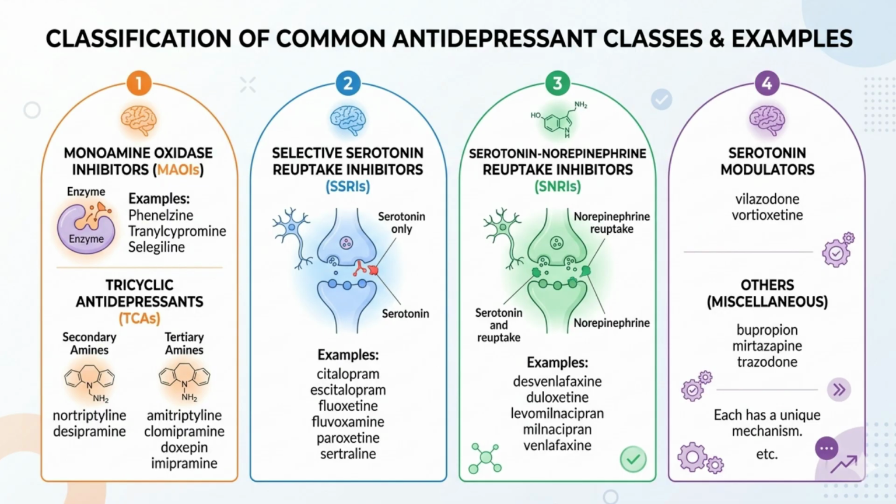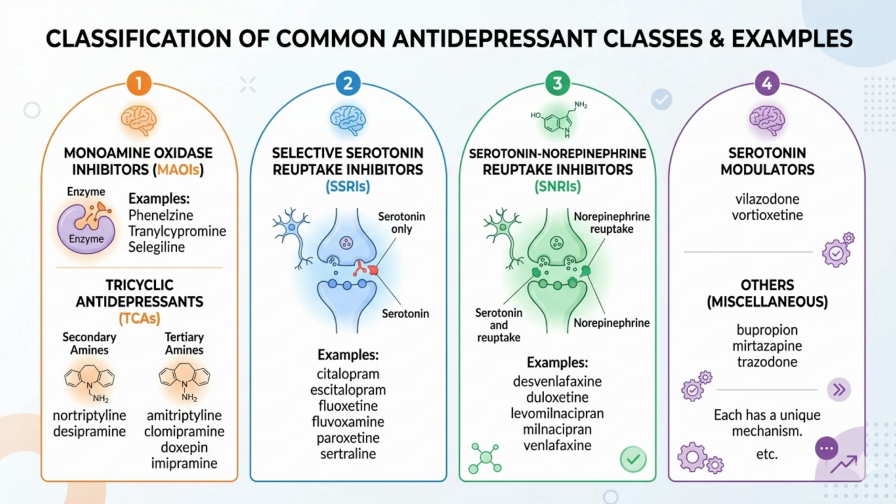Just below them, there are tricyclic antidepressants, which primarily block the reabsorption of serotonin and norepinephrine back into the neuron. Within TCAs, we further classify them based on their chemical structure, secondary amines like nortriptyline and tertiary amines such as amitriptyline and imipramine. Moving to the blue arc number 2, we find the most commonly prescribed class, selective serotonin